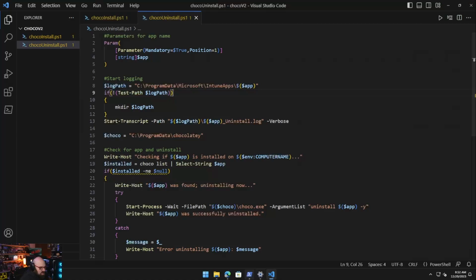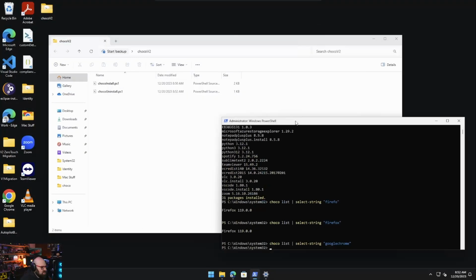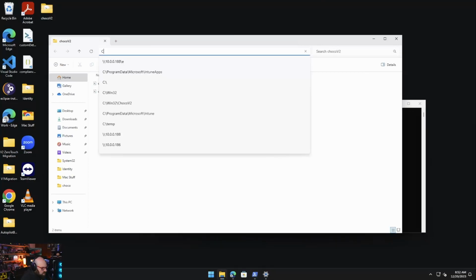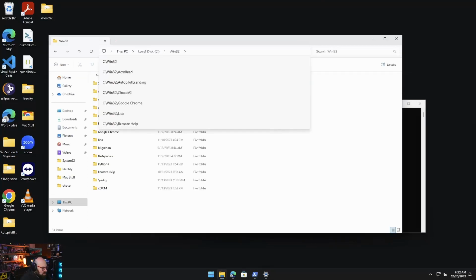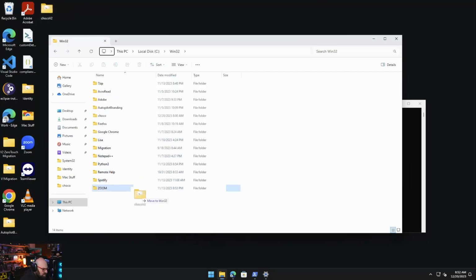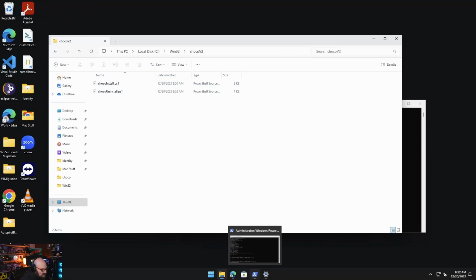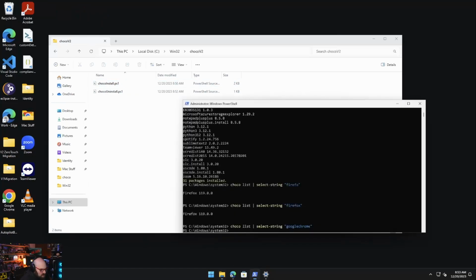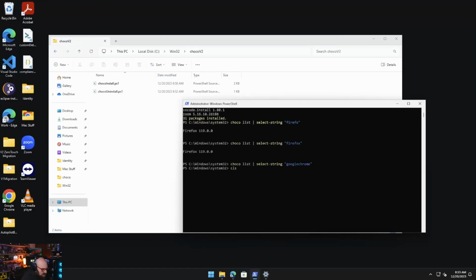So first thing we're going to do is, let me close these. We're going to package these. So I'm going to go to my Win32 folder. I'm going to take the directory we just made and throw it in here. Choco v2. Great. I'm going to go back to our PowerShell window, and I'm going to call our packaging tool